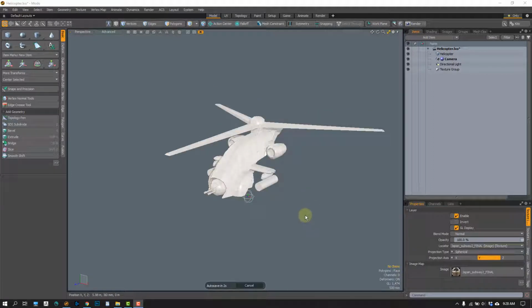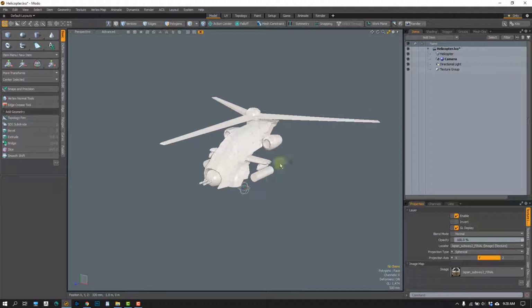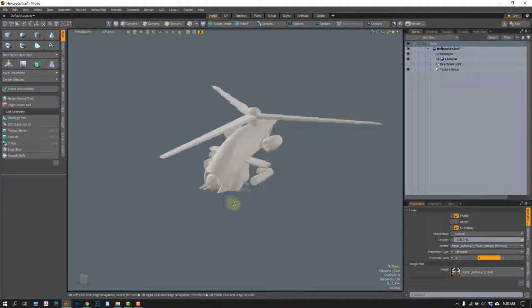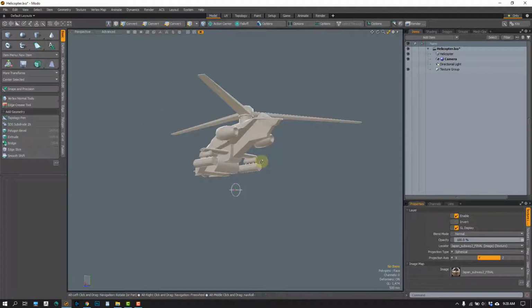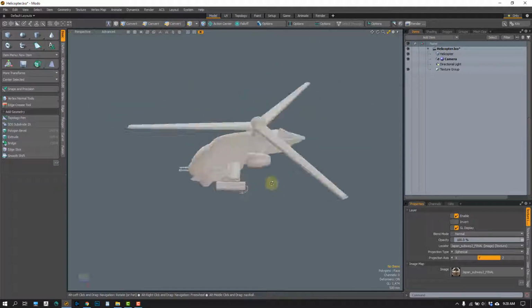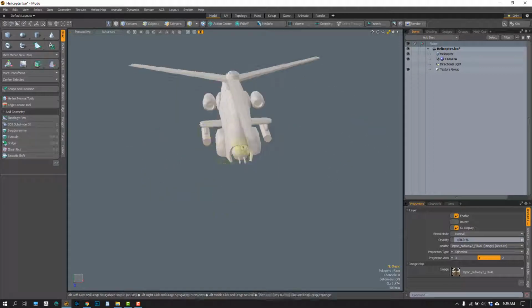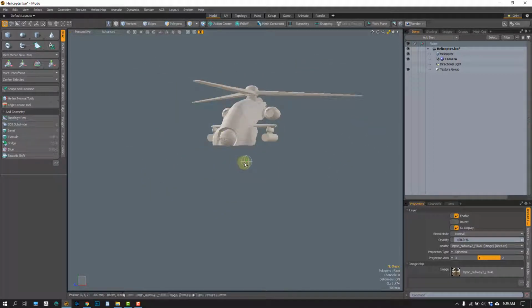And actually, one more thing before I forget, another thing you can do with these HDR lights is, I'm just going to turn my directional light off. And if we look at this, you can see that it's lit from this side. It's not very lit from this side. Again, the bottom's not lit, just referencing back to what we just talked about. But what you can actually do is this little guy right here. If I click on him,